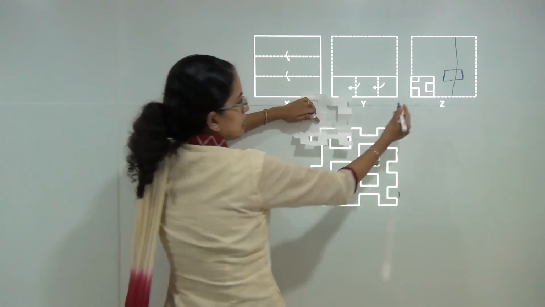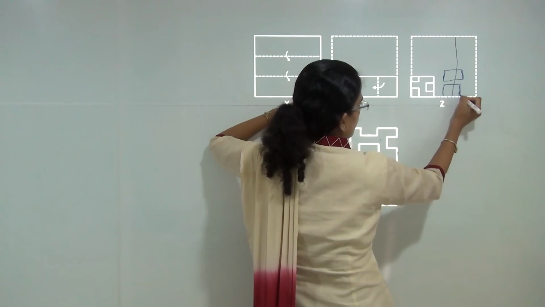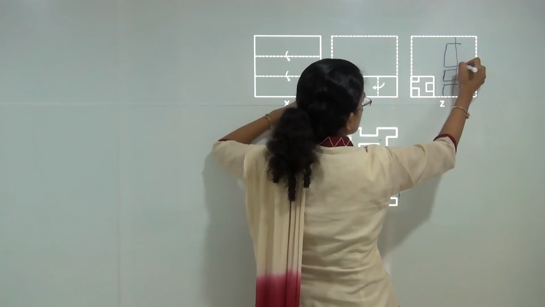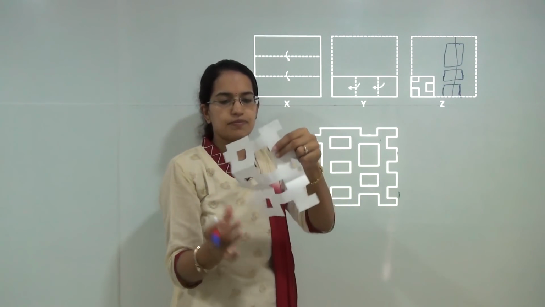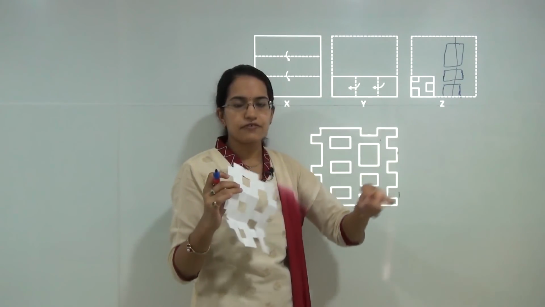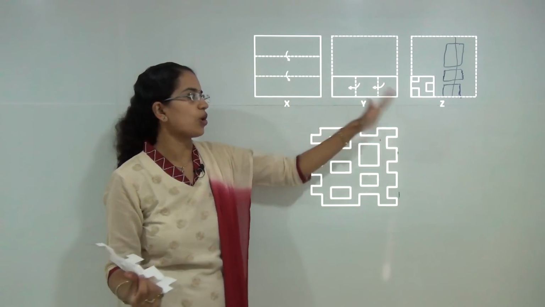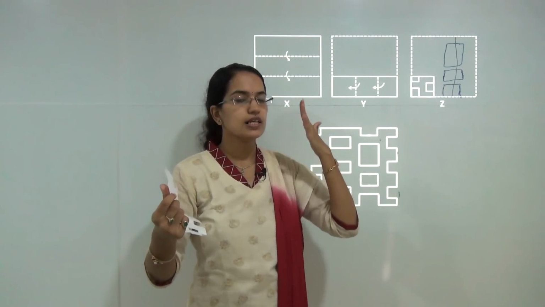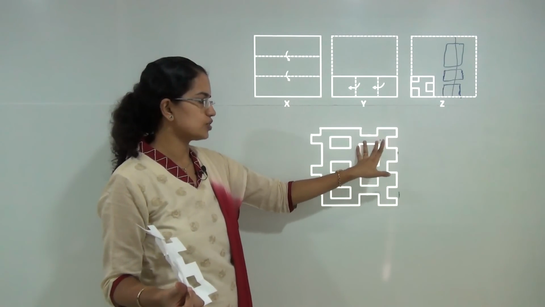Similarly, the lower bottom one would be this one, and this would form a bigger one here, but this would form in the center, and hence it would form a very big shape. So this would be the shape that would be formed here. This was a kind of tricky question, because you have an odd number of folds, and when you have an odd number of folds, it gets a bit complicated because you will have to use a higher imagination to understand how this big square came up.